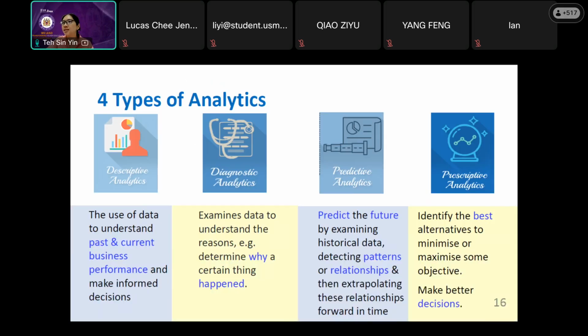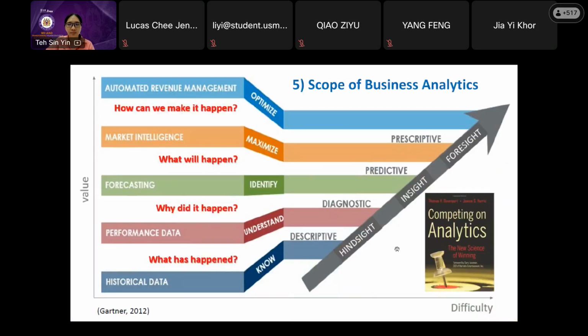Xia Yi: Just on top of the Lucas questions, based on the 4 types there, could I just mention that descriptive is like a research problem? We identify what the problem is, this is what happened. Diagnostic is why it happened, we're finding the reasons. Predictive is how we can use this to serve a purpose, and prescriptive is part of the optimization, we want to solve the problem. So this is the whole process flow.